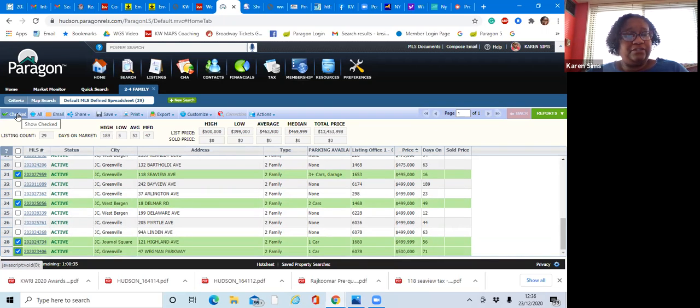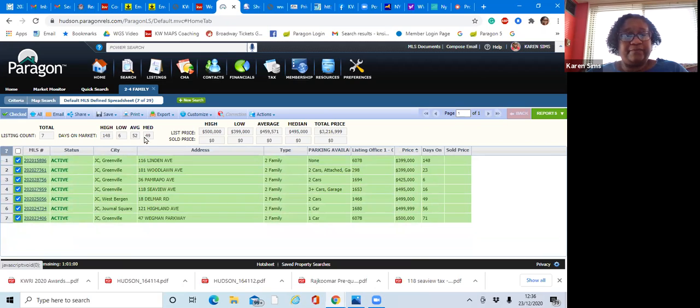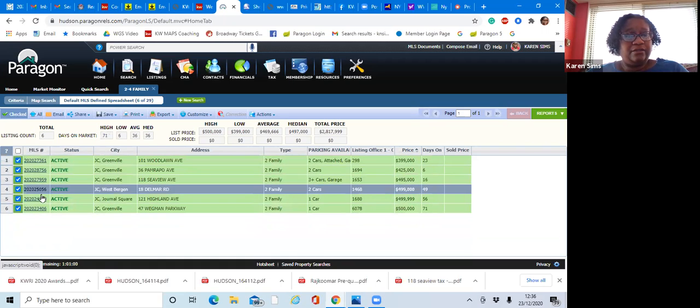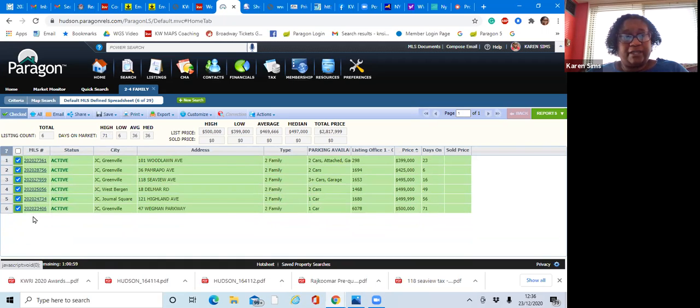Over here, you hit show check. This way it took it down from 29, getting rid of the ones that don't have parking, to the 6 that had the parking. You can share it via text. You can share it via email. If you were going out on the appointment with them, you already scheduled and they know which ones you're going to,